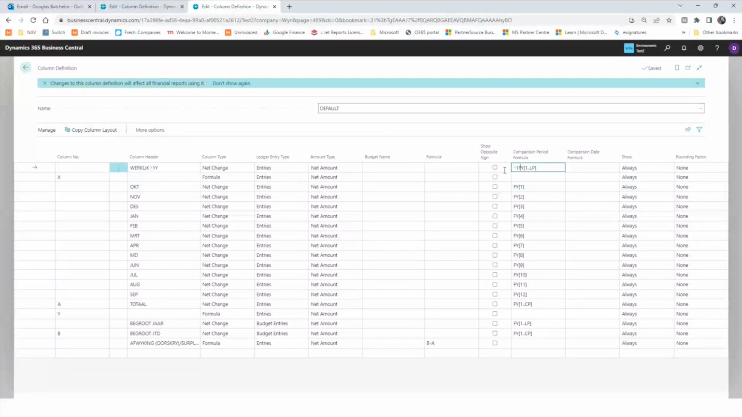So you can define exactly what you want each column to be. Okay. So then when you run your financial reports,